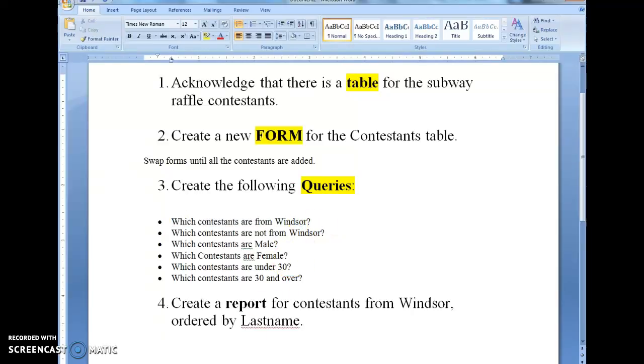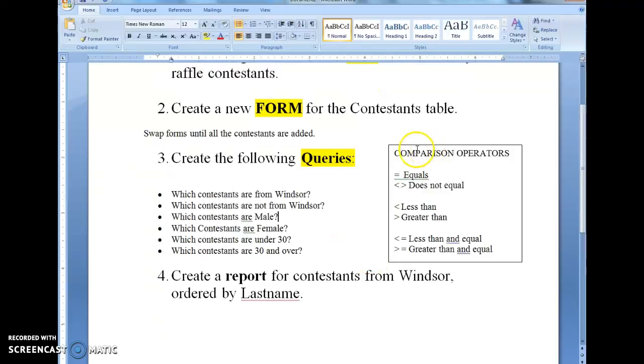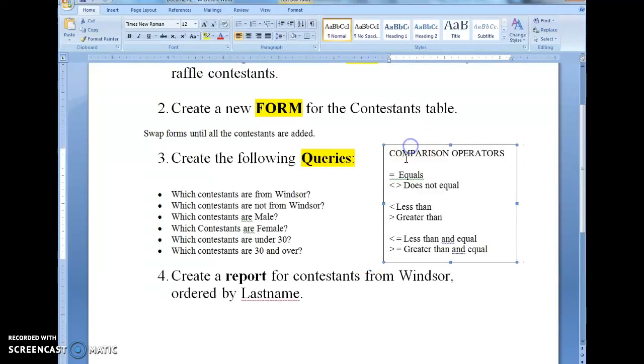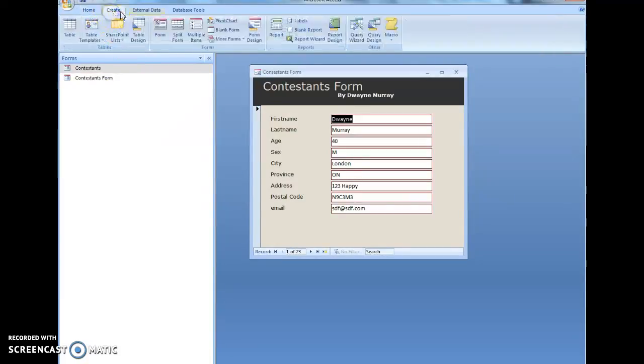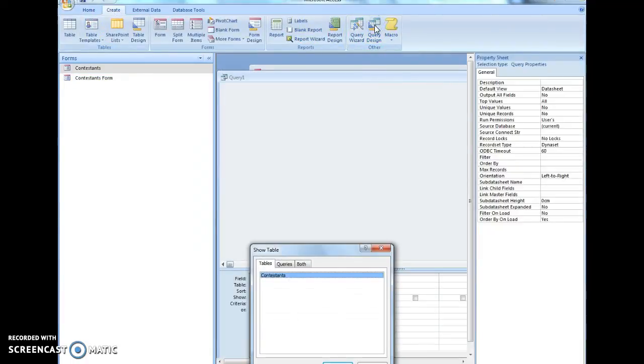So, all right, sorry, I just paused there for a sec. I added this comparison operators box here. So we want to know which contestants are from Windsor. So we have an equal sign equals Windsor. So watch this. We're going to go create, and we're going to say query design. So we're going to query the database, and